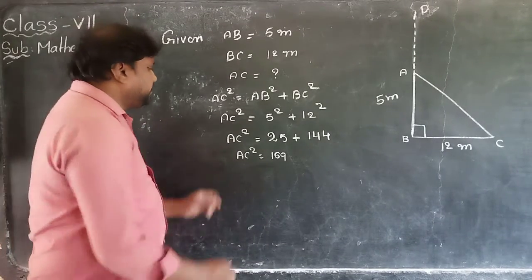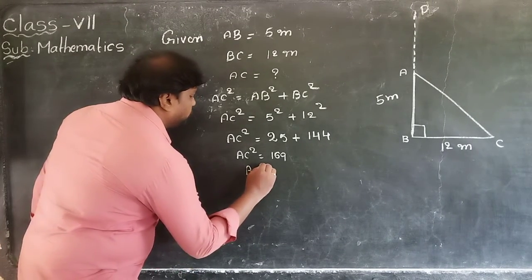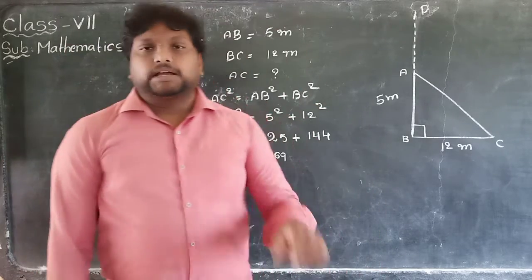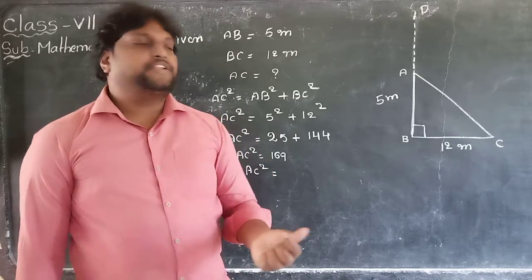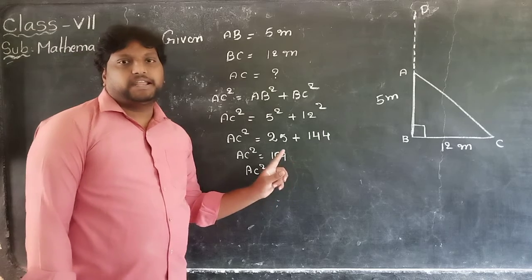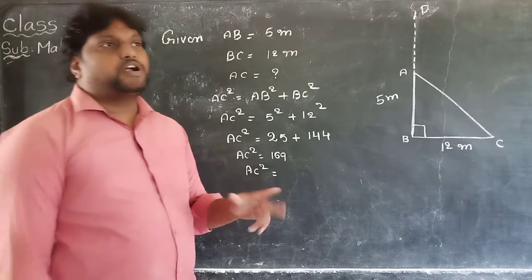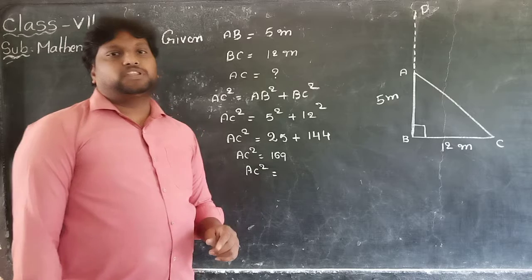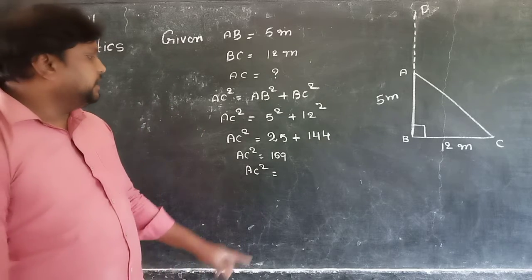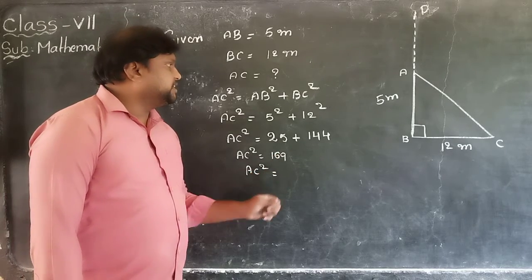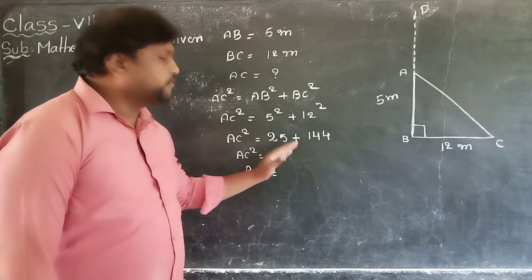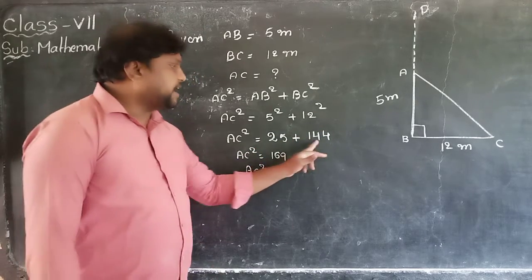Then the AC square value is equal to 169. 169, you have to write in square form. Means which number multiplied by itself will give 169. Just consider the one's place. What is the value of the one's place? In 9, if you want 9, you should multiply 3 into 3, otherwise 7 into 7. 7 sevens are 49, like 3 into 3 is 9. Just consider here 169. Then 12 square is 144. 144 and 169, if you compare, that is having the minimum distance.